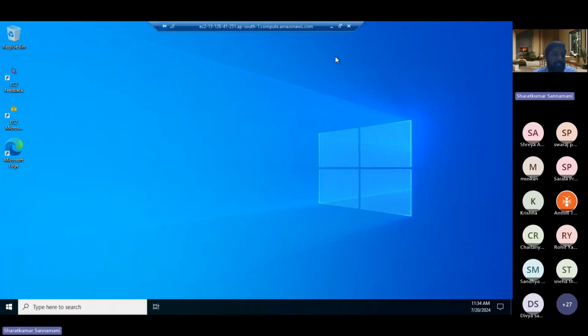Boom, right, guys, it is amazing, right? We just selected a few configurations and we just created it, and our virtual machine is ready now.